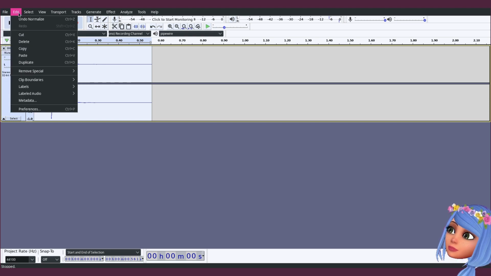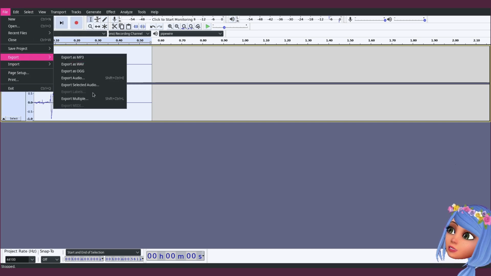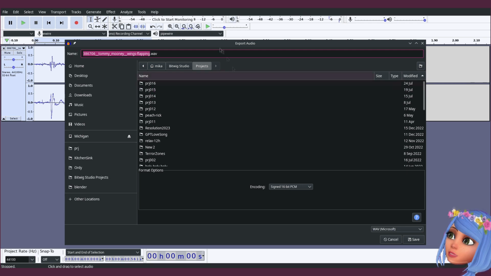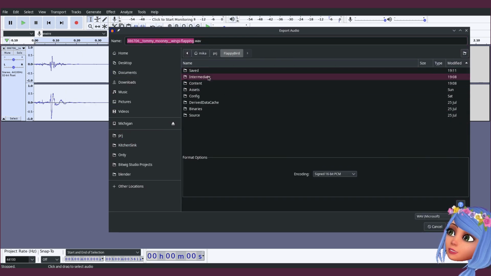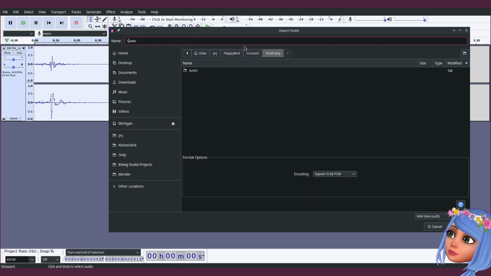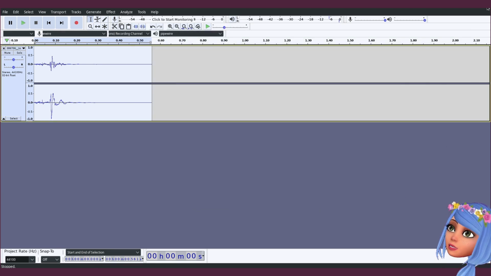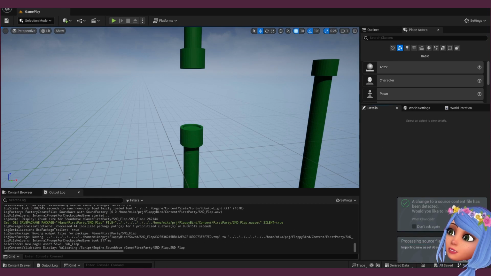So let's save it. Export to project Flappy Bird content first party, and we will call it sound flap. So we have flap, and we can import it.